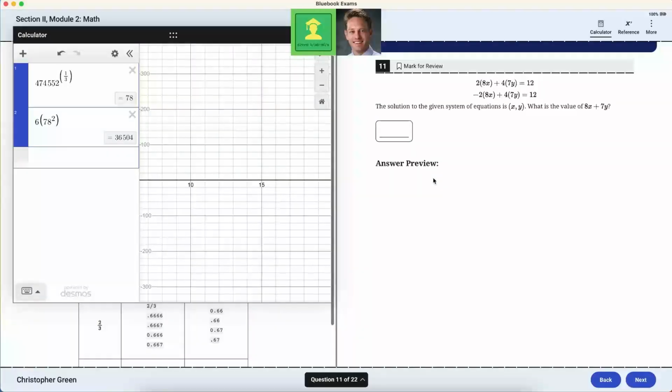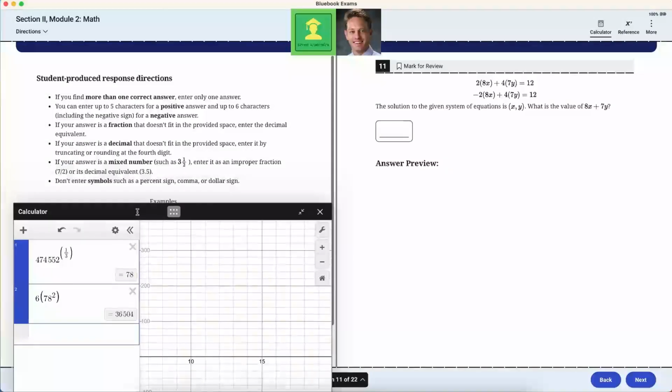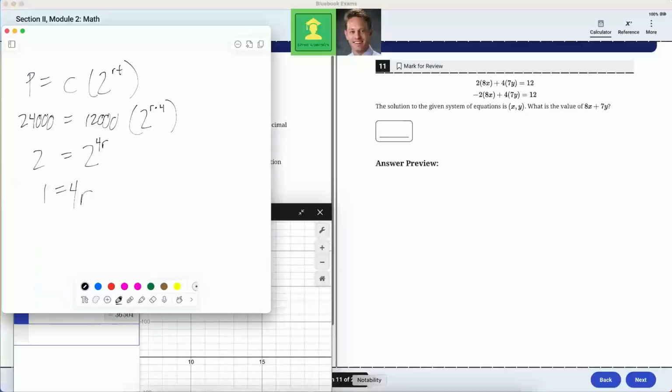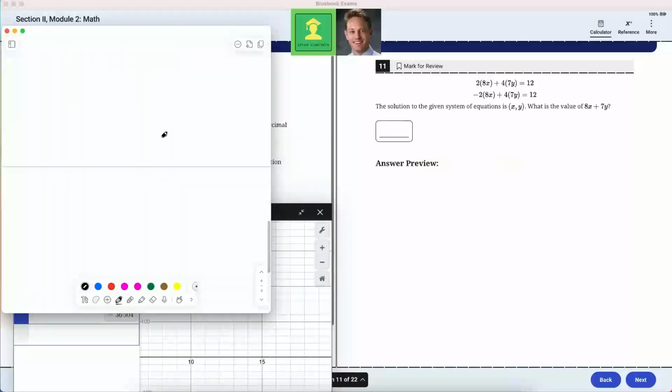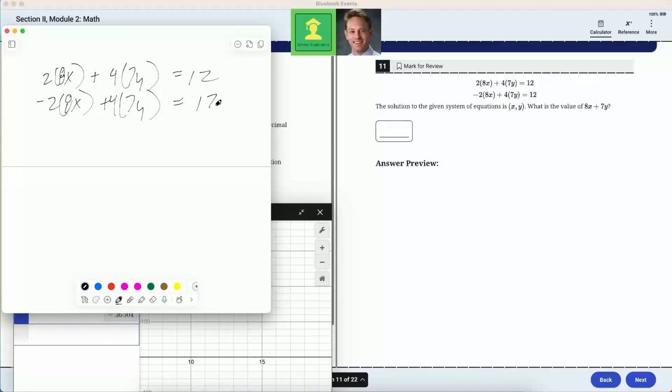Solution to the given system is x, y. What is the value of 8x plus 7y? Well, as we saw in the first module, with a system of equations question like this, it's often set up so that if you simply add on top of each other or subtract, it collapses to be something simple. And it looks like that is indeed the case here also, because what's in the left-hand column are opposites to begin with. So if you simply add, you're looking at